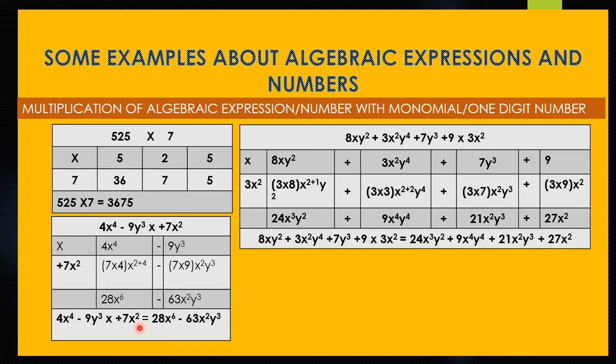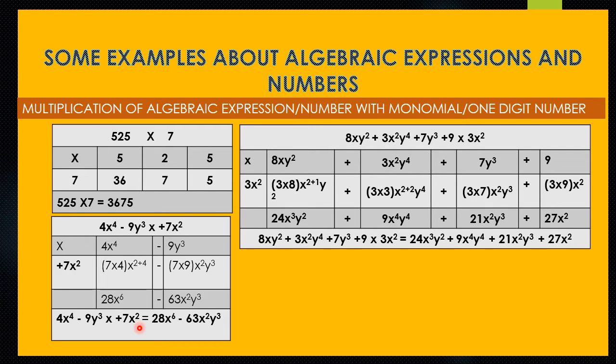So you look here, 7x². While we are going to multiply 7x² with 4x⁴, I have to multiply the coefficients of both terms, 7 multiplied by 4. The x² and x⁴ variables are similar, but the exponents are dissimilar. So I have to take one variable as common, and I have to add the exponents of this variable. So from x² I have taken only one x, and I have added the exponents 2 plus 4.